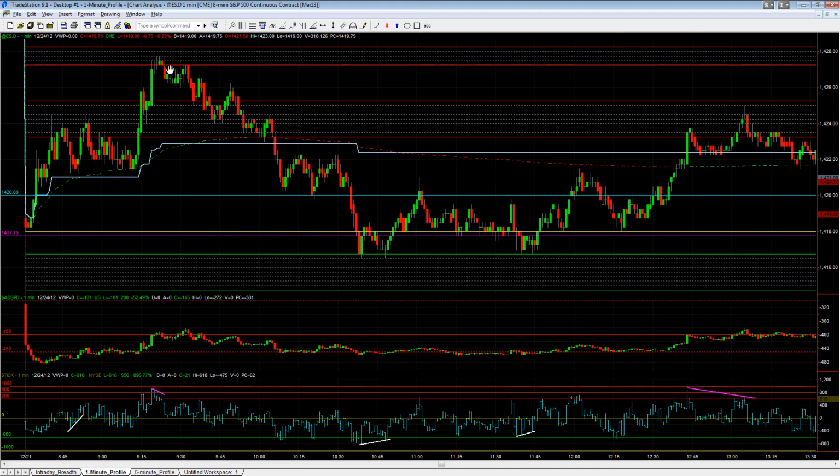At that point, you are reducing your risk a little bit, covering some exposure. Now when we come down to the opening range high of 1420, at this point, this entire position can technically be taken off. And the reason I say that is that if you're measuring your reward to risk as the position is moving in your favor, it would really depend on how tight you want the stop to be to look for those additional 2 to 3 points.